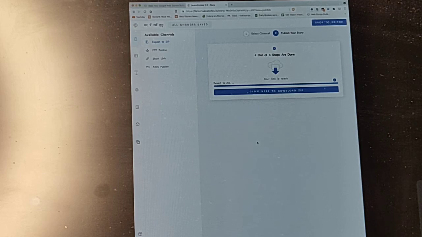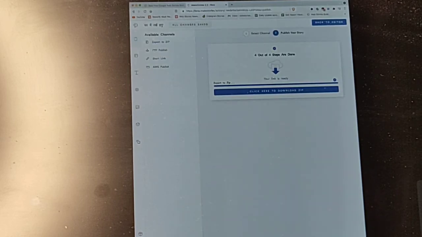Now after it has completed its steps, it is showing click here to export, download. And you have to make sure that when you click here and the download window pops up, you rename the story at that point only.